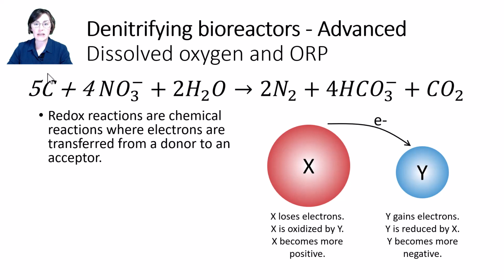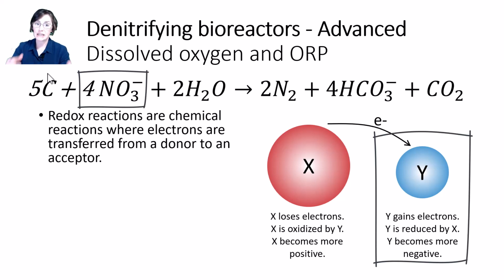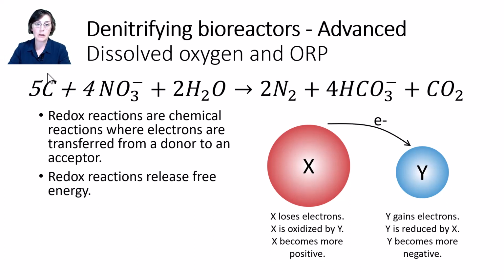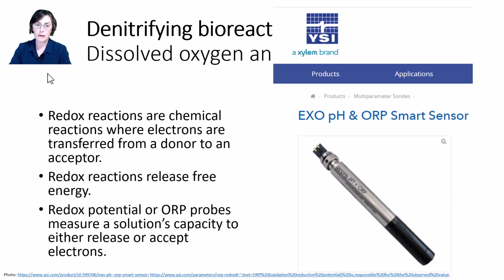I've said before that denitrification is an oxidation reduction reaction, or a redox reaction, where nitrate is reduced because it gets the electron and carbon is oxidized because it gives the electron. From a biochemistry perspective, the important thing about these reactions is that all redox reactions release energy. And that's why these reactions matter to the bacteria that do them, because the bacteria involved want to get the most energy that they can out of any process that they invest in. Different redox reactions release different amounts of energy.